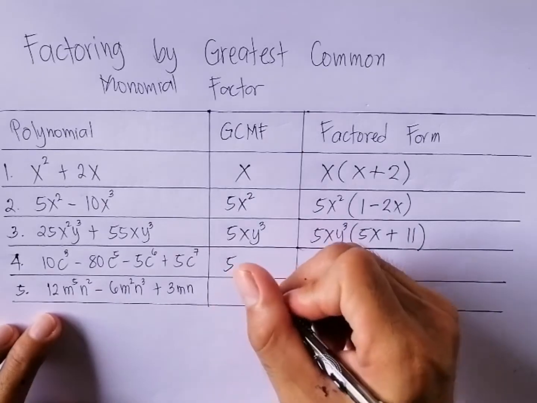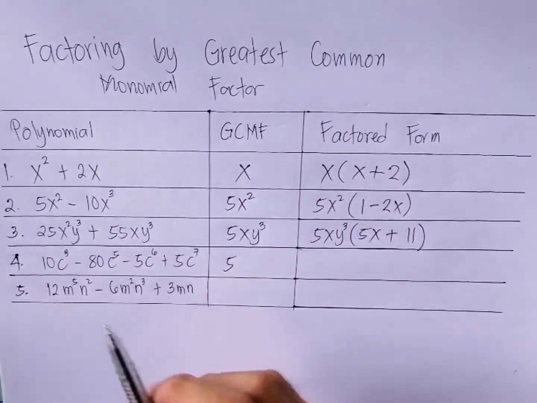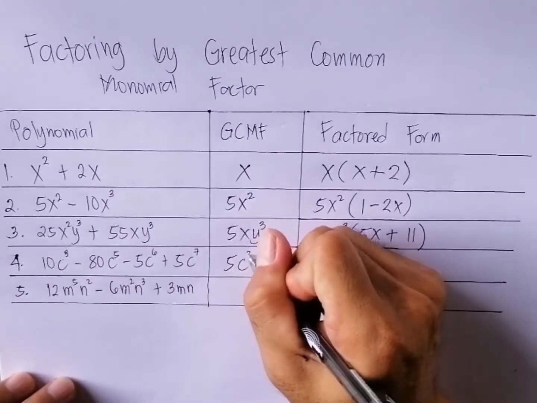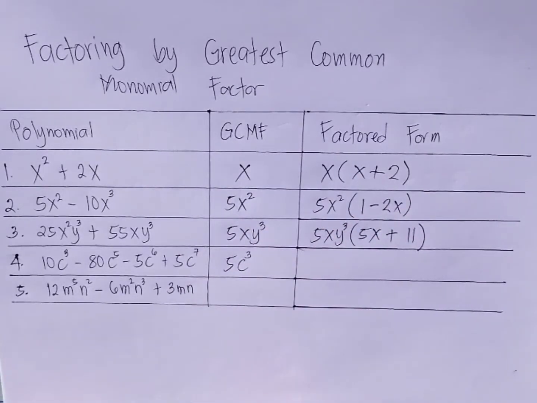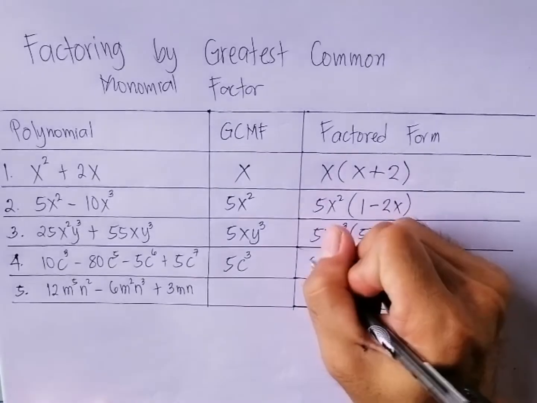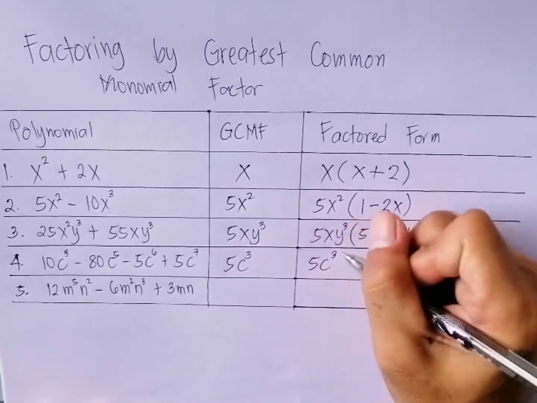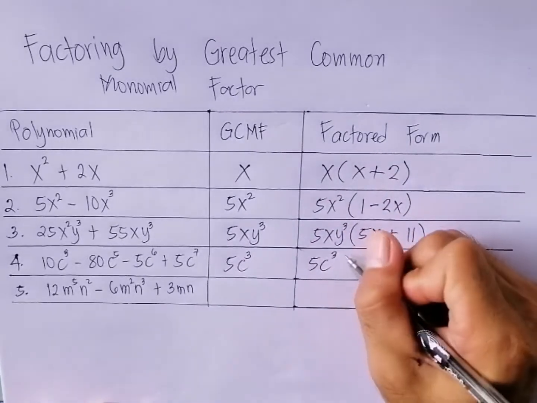Then for c, that is c cubed. So we have 5c cubed times